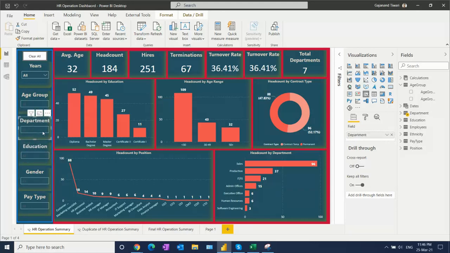Let's talk about the department. How many departments we have, and what kind of requirement, meaning what kind of skills, is required for the business. Age group: what is the age group of our employees? Average age, headcount, number of people hired, how many people terminated, turnover percentage, total number of departments, and